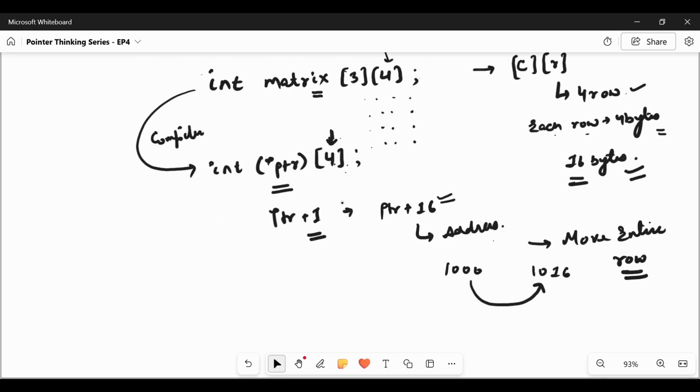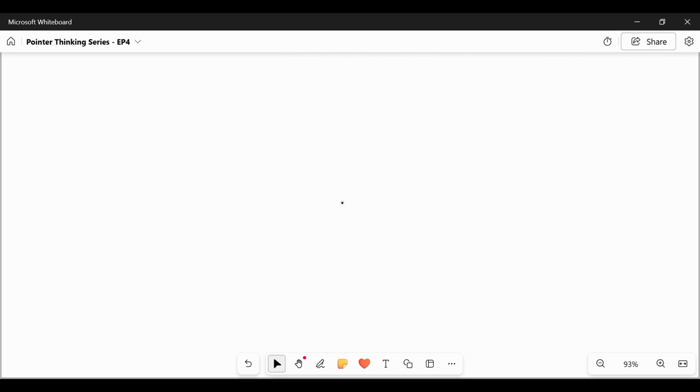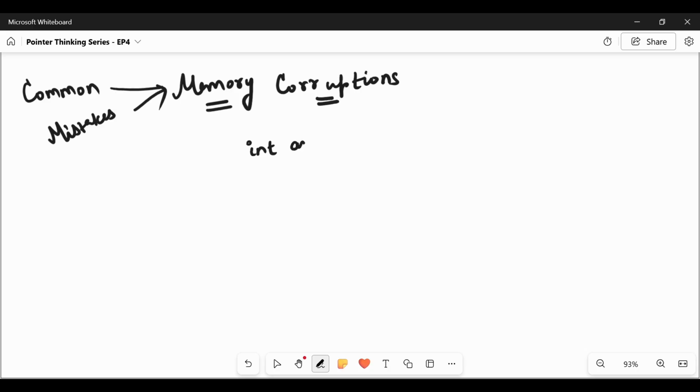Now let us see some common mistakes when we are doing pointer arithmetic. As we are using pointers to directly traverse memory, common mistakes are related to memory corruption. First example, we have an integer array of 5 elements.